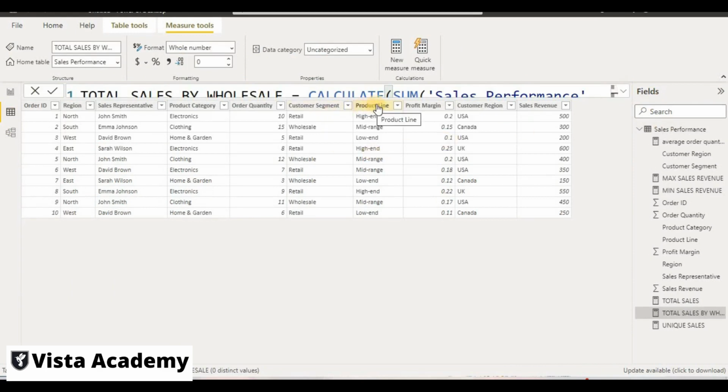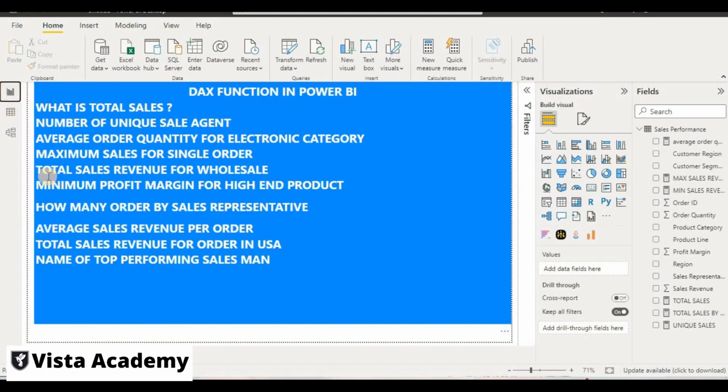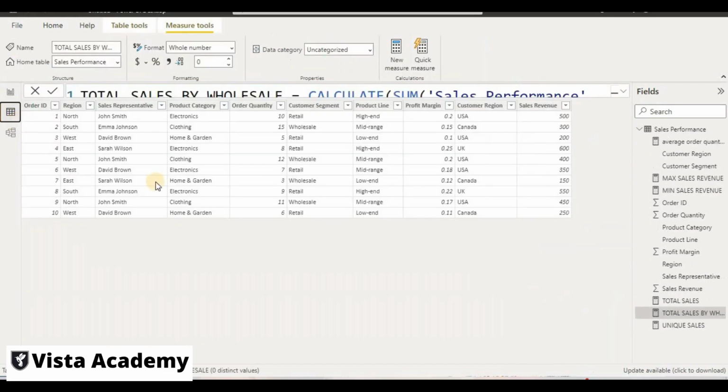Okay. So if you go to the question, the question is minimum profit margin for high-end product. What is the minimum profit margin we have earned from high-end product? So we have a product line here, and here we have profit margins. So for high-end product, what is the minimum profit margin we have earned? Here we have a table. So our product line includes high end, mid range and low end. So we have three types of product line,